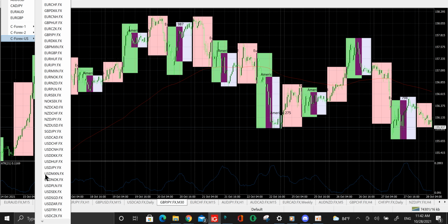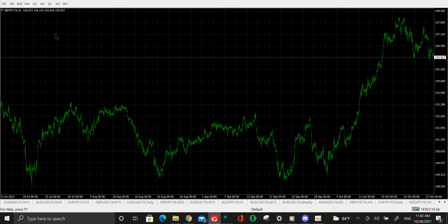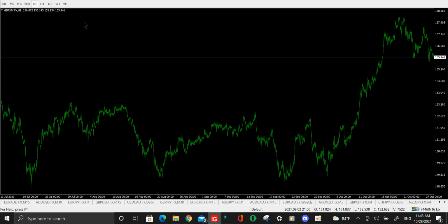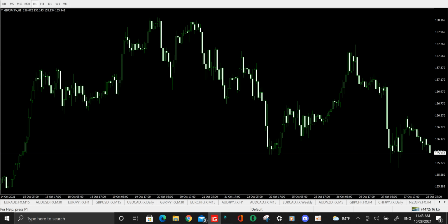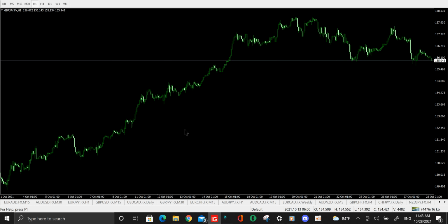So, guys, GJ is hiding from me right now. So, I'm on here we go, GBP. I don't know why it's right there. Alright, so let's clear the chart up. Let's get the candlesticks going. And let's get the zoom set up. Alright, so let's take a look at GBPJPY one more time.